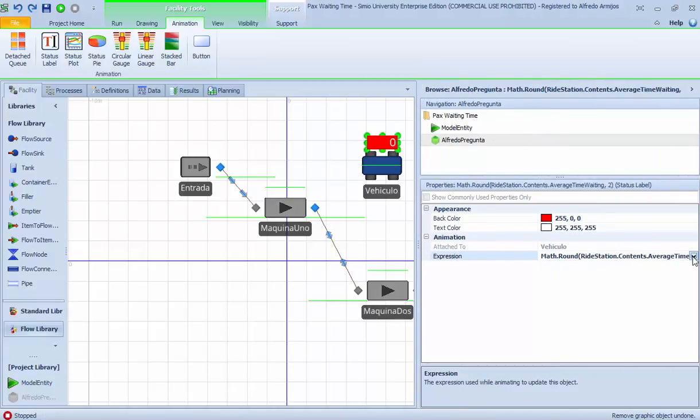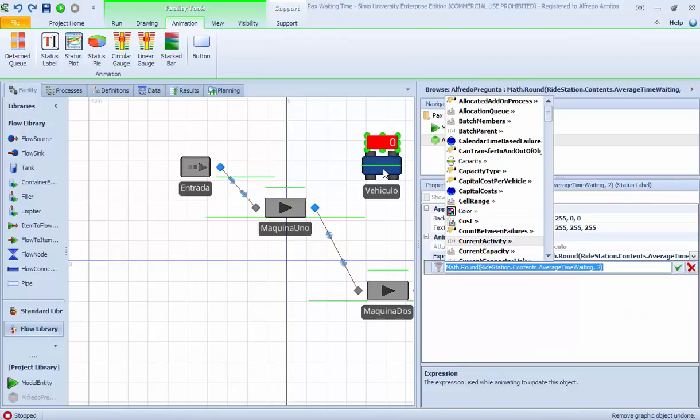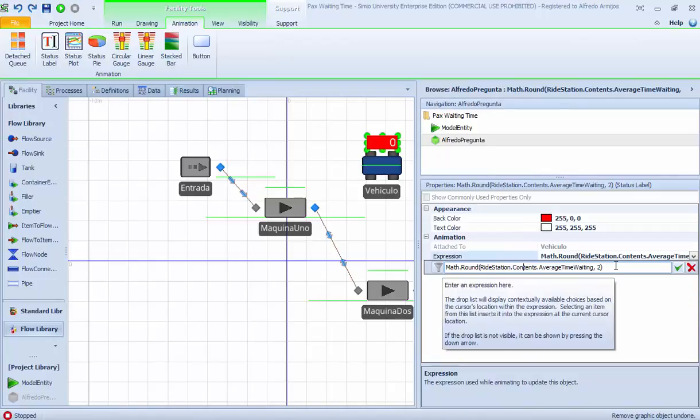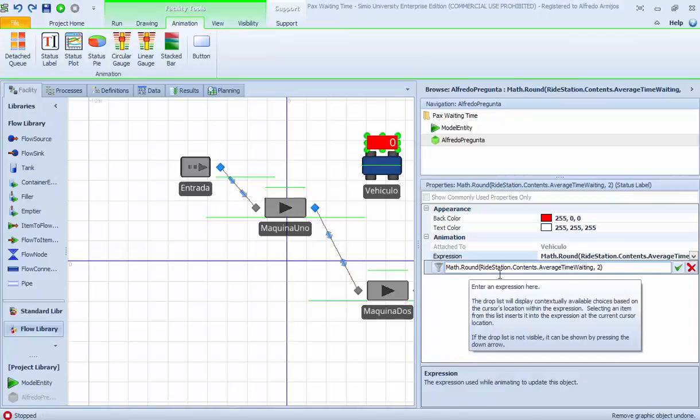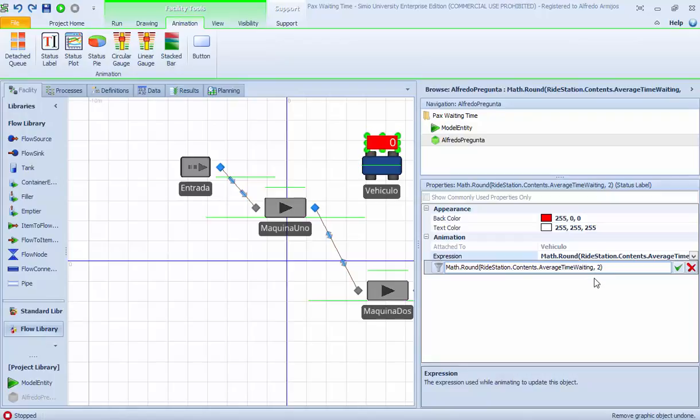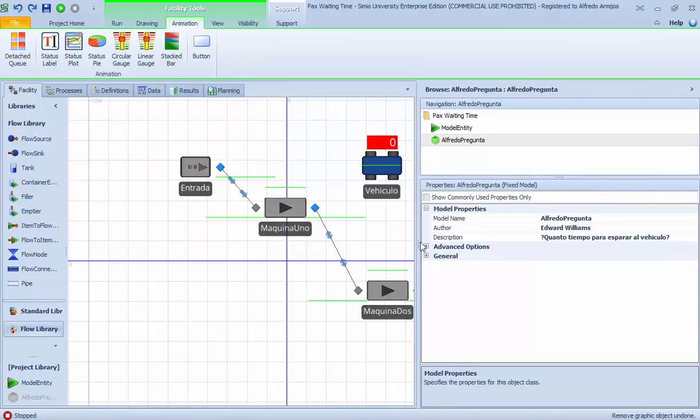So, well, this is the right station, so the entities that are boarding the bus are allocated here, and basically this right station has a contents property, right, and a specific statistic, so this is average time waiting. I have fixed like a math round. This is an expression in which I need just to round the value with 2 decimals, just that. But when I run the model,